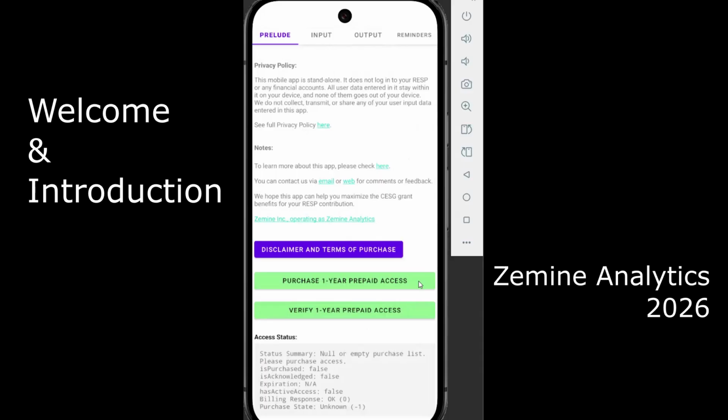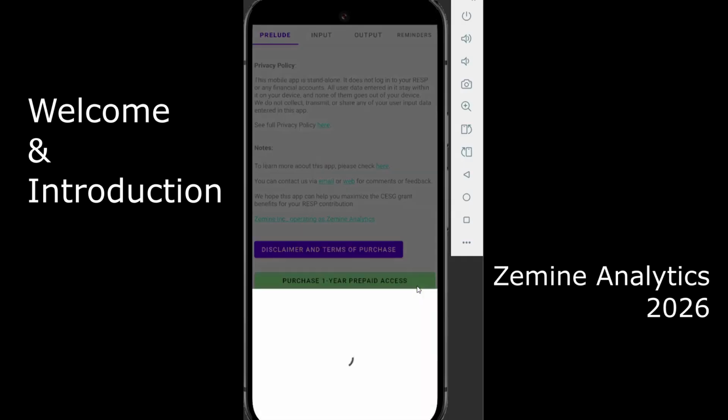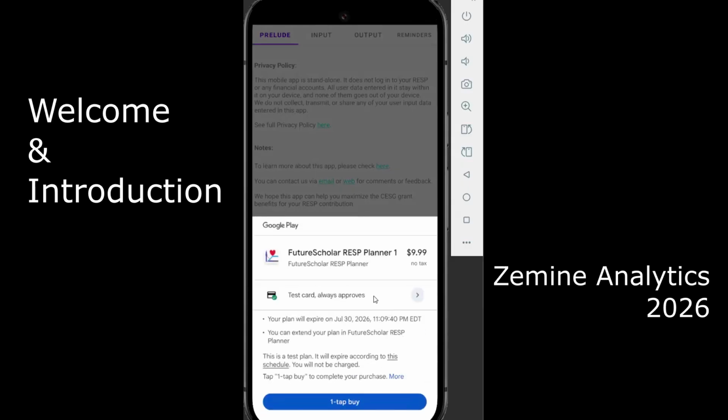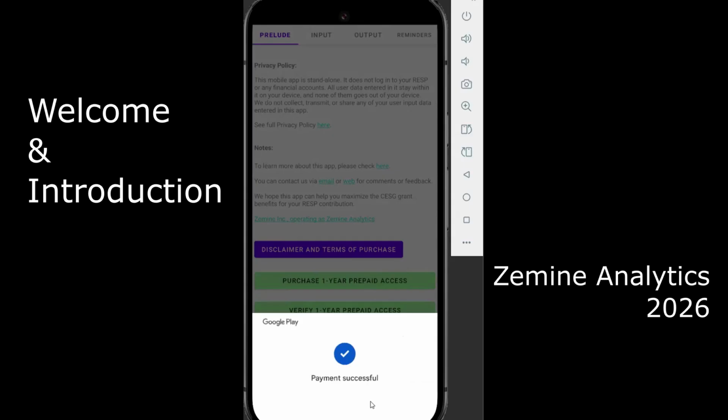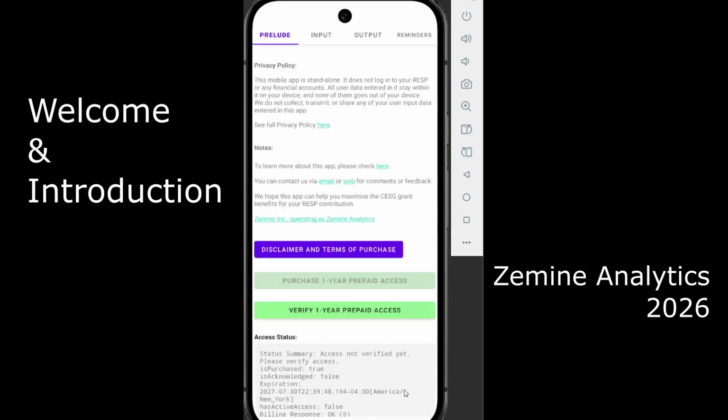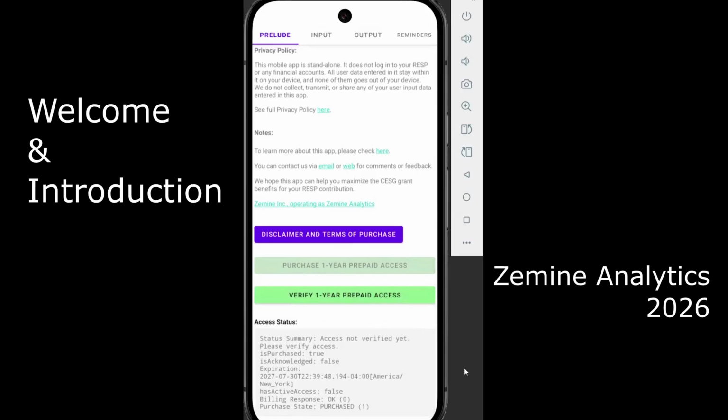In order to use this app, you need to purchase 1 year prepaid access through your Google Play account, and verify your 1 year prepaid access. Now you have access to use this app.